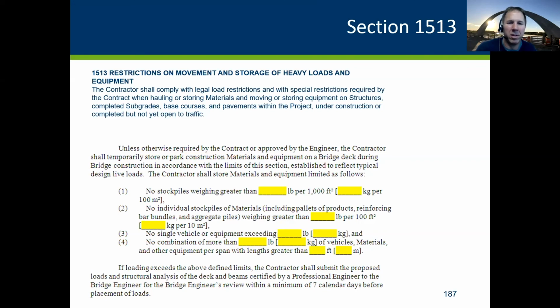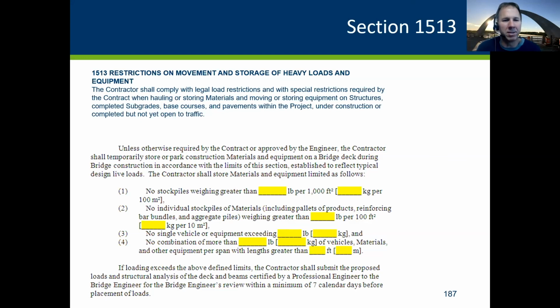So you got 1,000 square foot area. Well, I guess maybe that's the medium category, this first bullet. So that might be a floor beam, a transverse floor beam. Number 2, it'd be the stringer. So it's a smaller element, 100 square foot loading area. It'd be for very thin decks or something, an element that can't support very much. And then bullets 3 and 4 are for the whole span between piers, or between an abutment and a pier.